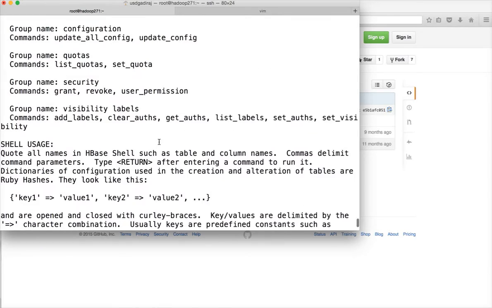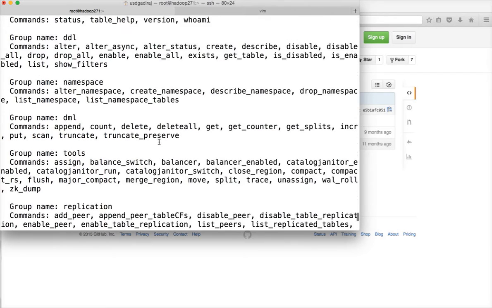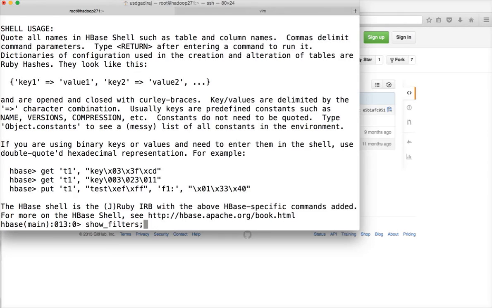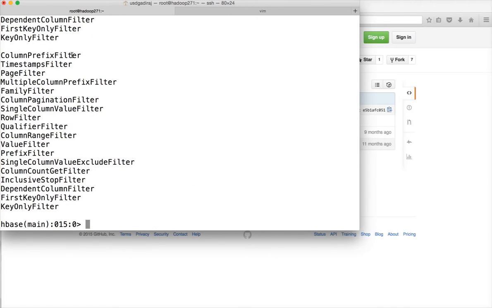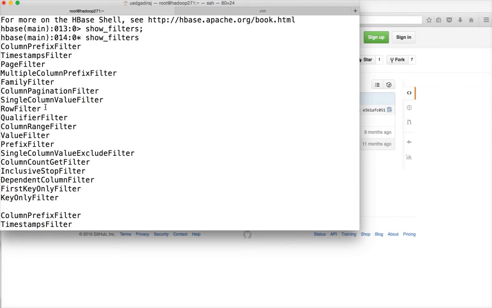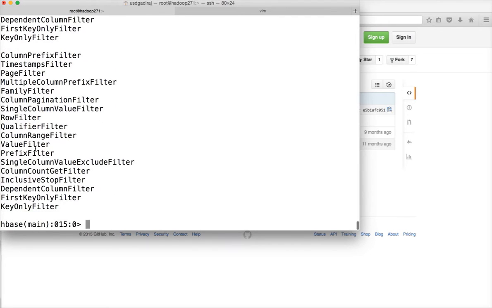and you can get different types of filters. Let me run the command. It is called show filters, and you can see that there are many types of filters. I will not be covering any of these here. Probably a few days later, when I come up with the complete content of HBase, I will try to touch all these filters in detail. But you can go ahead and explore these filters in the meantime,